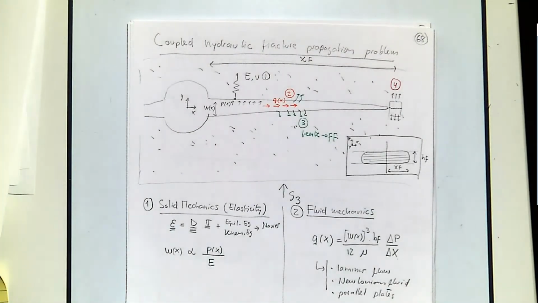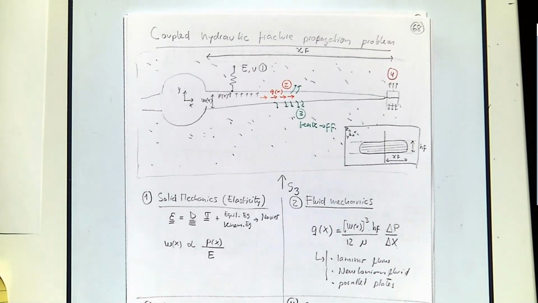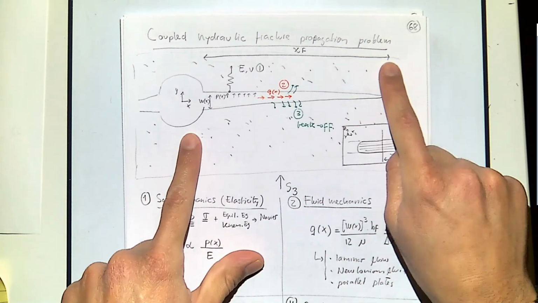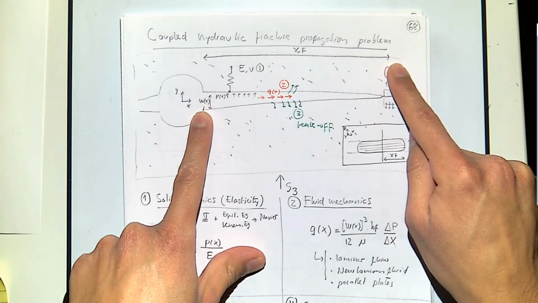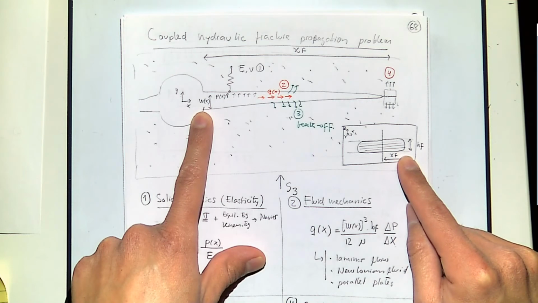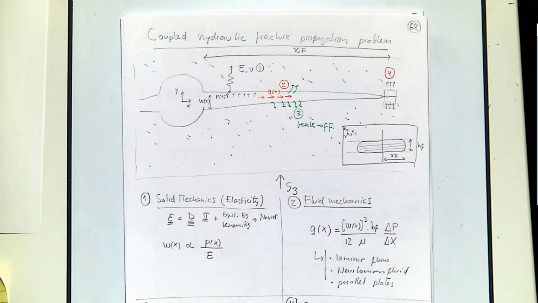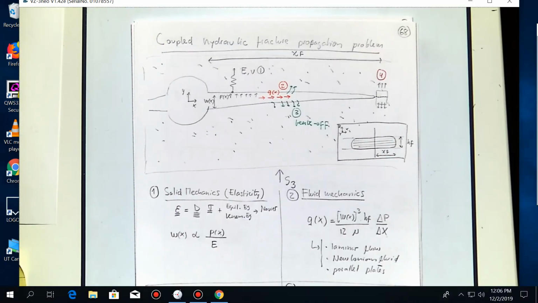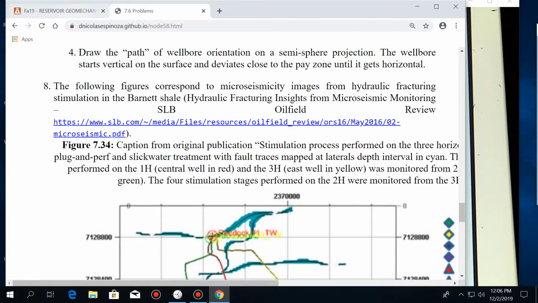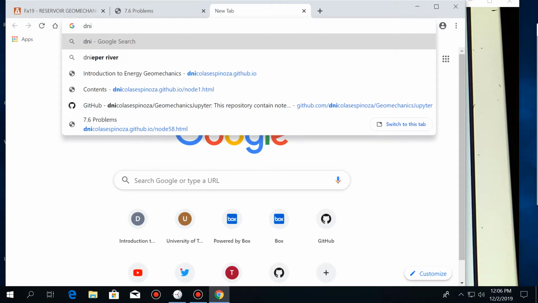hydraulic fracturing design. And something probably I didn't specify a lot, that was that in hydraulic fracturing design, what we want to determine is what is going to be the length of the fracture, how far is it going to go out from the wellbore, what is going to be the height of the fracture, and also what is going to be the width. Because with all those properties, at the end, what you want to do is you want to design